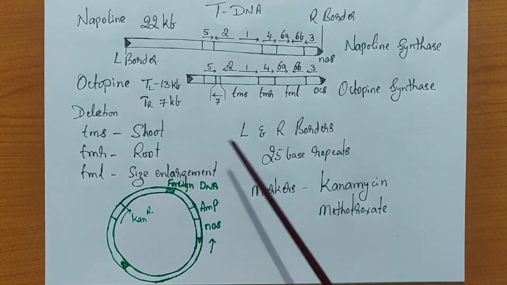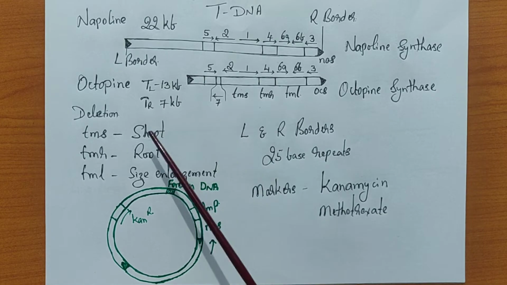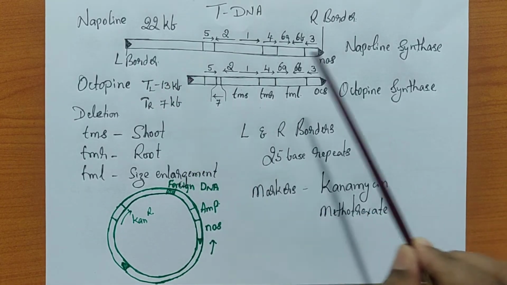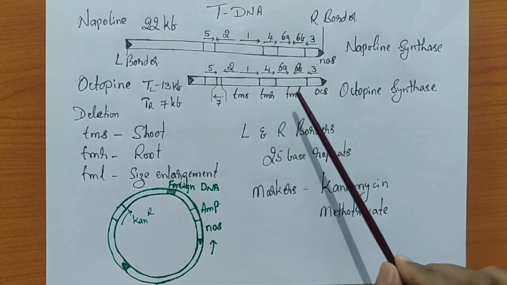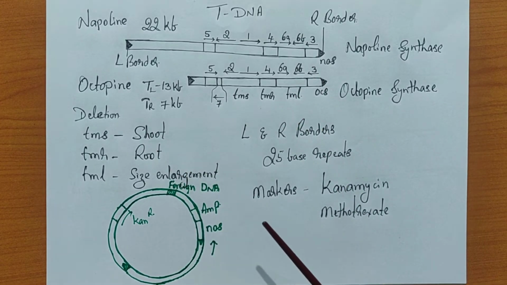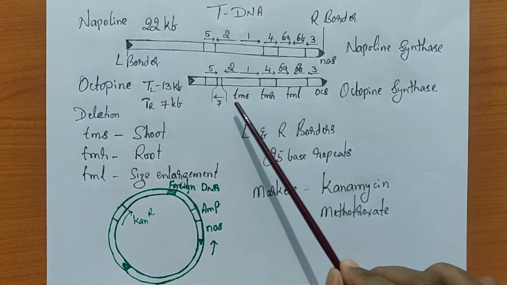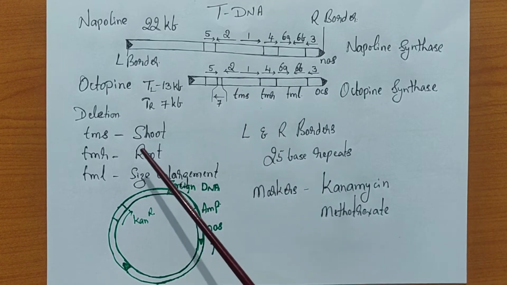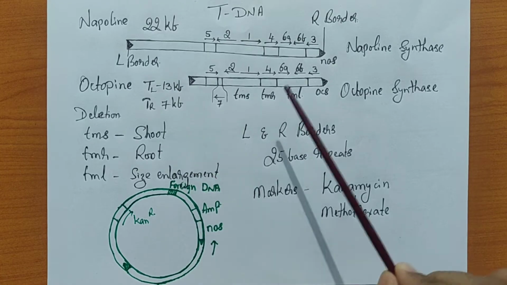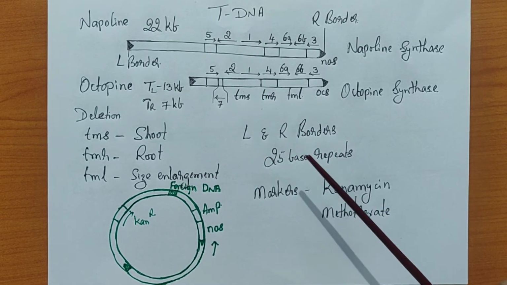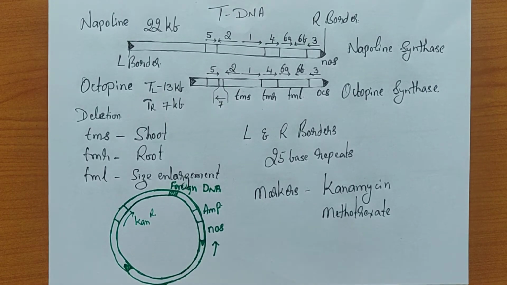So now the virulence genes are going to be TMS, TMR and TML. Suppose if you remove the TMS, the undifferentiated cell will transform into a shoot, or if you remove TMR, roots will appear, and if you remove the TML, the size of the whole cell will enlarge in fact. So that is the virulence of these things. Because of the presence of these, the cells will not differentiate. So these cells will multiply and they continuously supply the amino acids which are required for the synthesis of nopaline and octopine. That is the strategy. That is what we discussed.